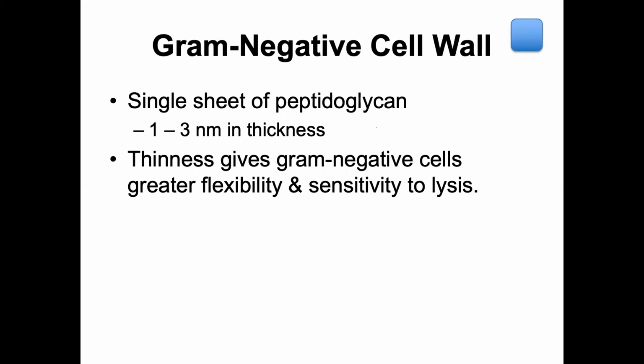The gram-negative cell wall also allows for the presence of something called endotoxins, in addition to the periplasmic space between the cell wall and the inner membrane. And this is where enzymes that break down toxins can live, okay? And the result of that is that gram-negatives tend to be more often pathogens than gram-positives do, okay, because they